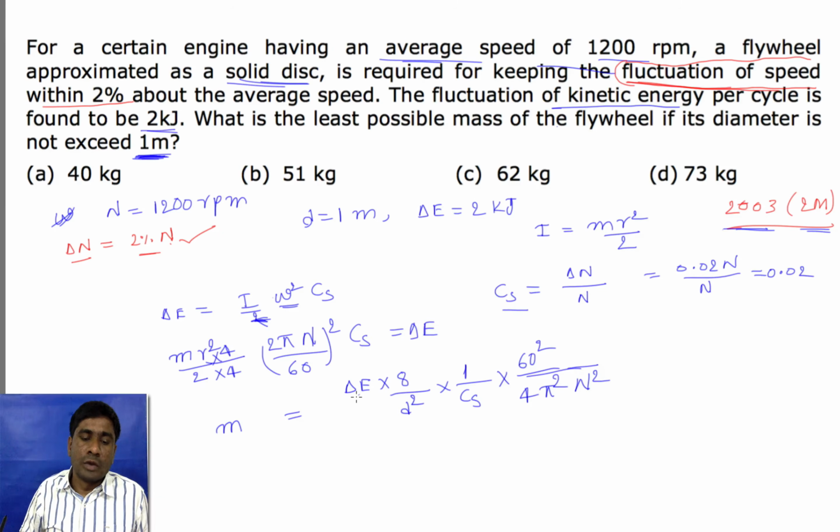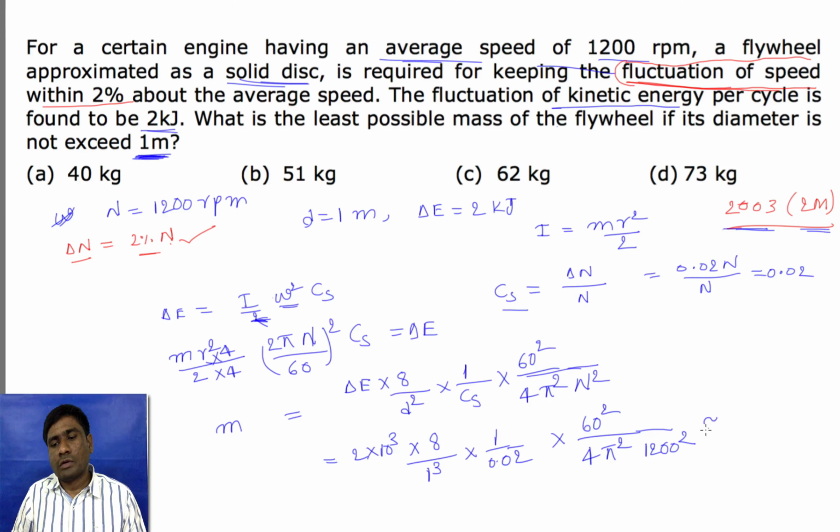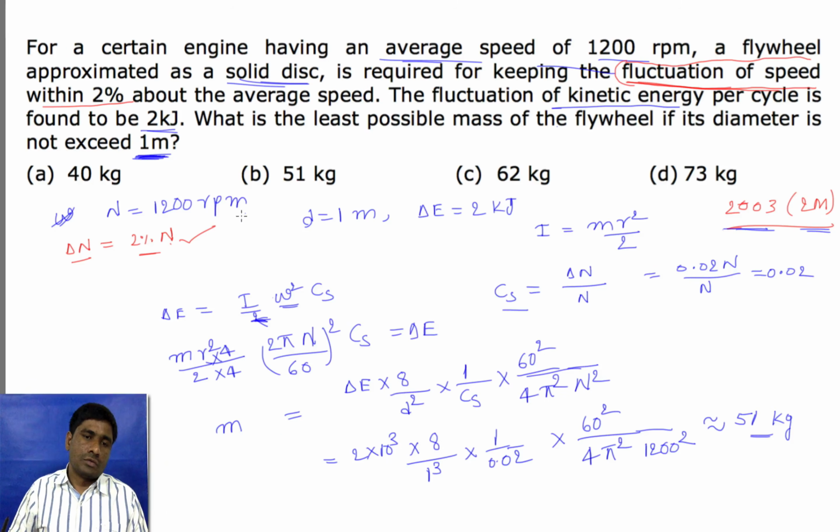And here we need to remember delta E is 2 kilojoules. That means 2 into 10 power 3 into 8 by 1 cube into 1 by 0.02 into 60 square by 4 pi square. N is 1200 rpm. So if you solve this, approximately we will get 51 kg. So this is the mass of the flywheel. So this is also again